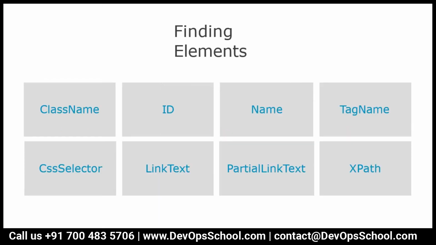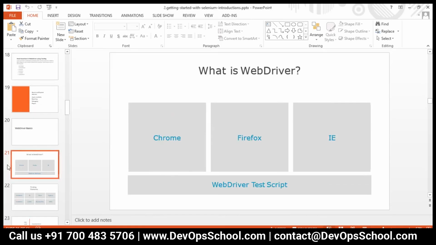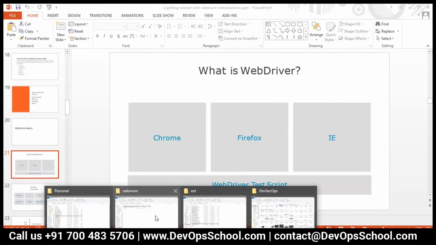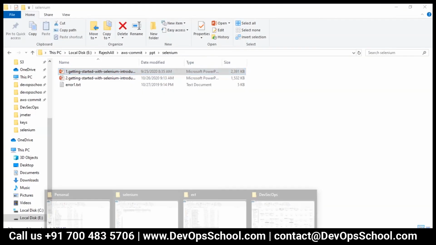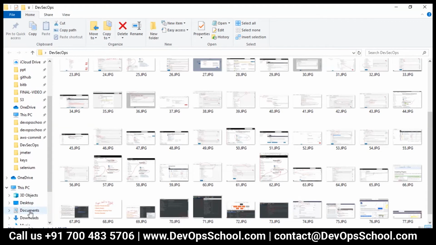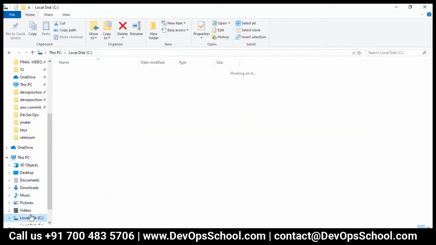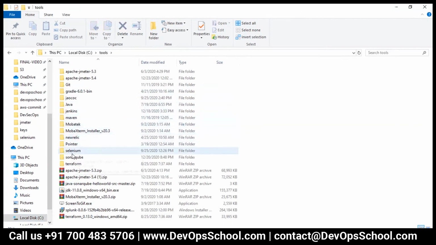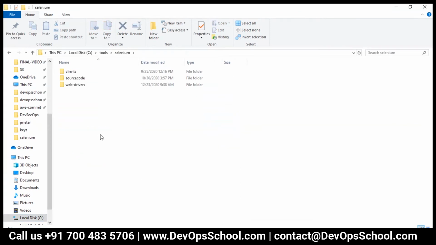If you want to see the executable, let me show you these WebDriver executables. Here in this tools folder, sorry, Selenium WebDriver. You look at this.